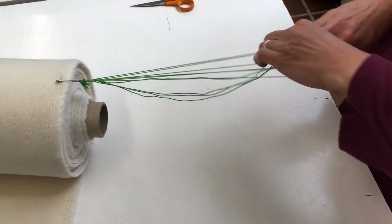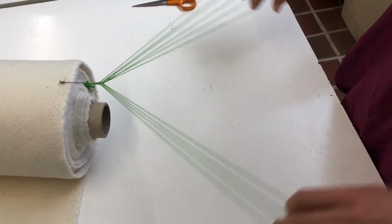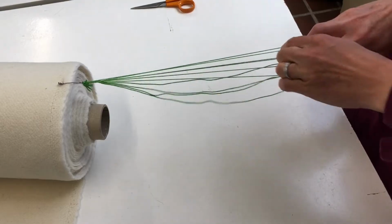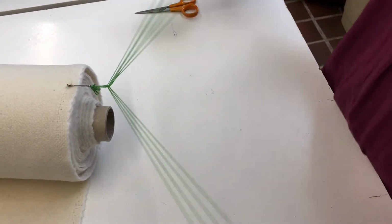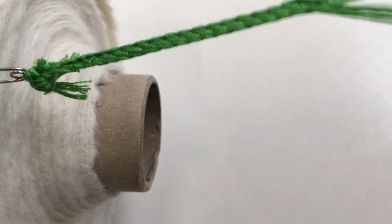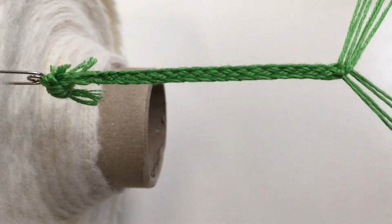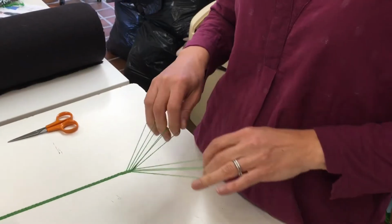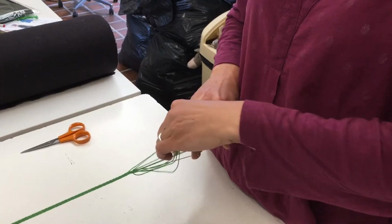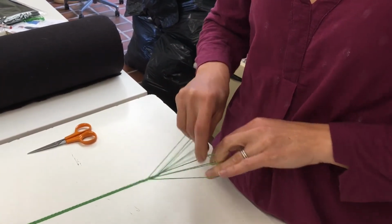I'll do a bit so that you can see what's actually happening at the other end, and then I can show you. So you can see what it's making. It's in a way more like a